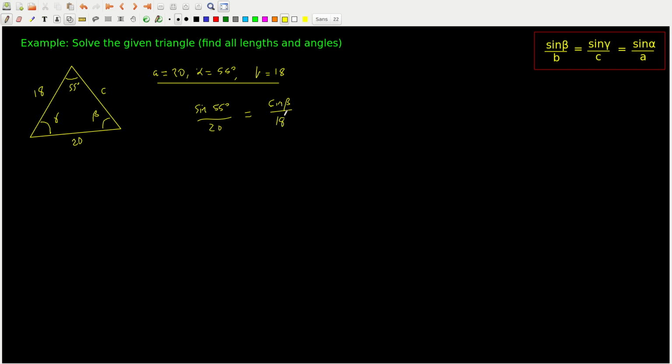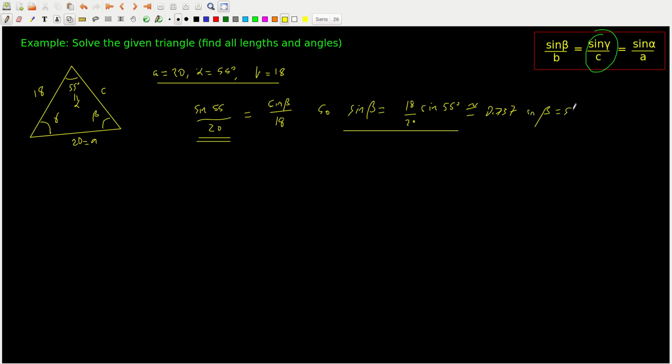And we know everything about the angle alpha, which is up here, and the corresponding length A, which is down here. So we use that piece of information because that's a completely known number. I can calculate the sine of 55 degrees, we know what 20 is, and that lets us solve for the sine of beta. So the law of sines here lets us work out what sine of beta must be. So it's going to be 18/20ths of the sine of 55 degrees. We approximate that value and it's about 0.737, and so that's the sine of beta, and so beta itself is